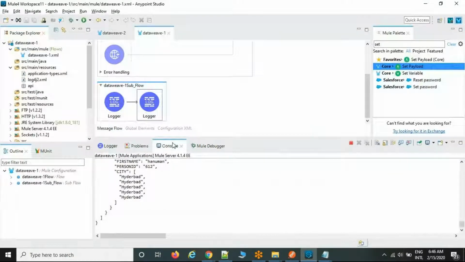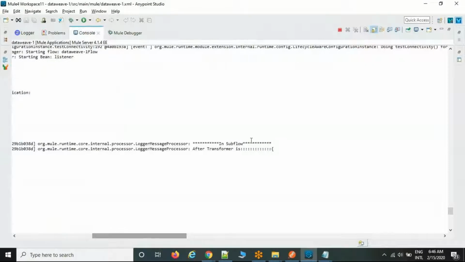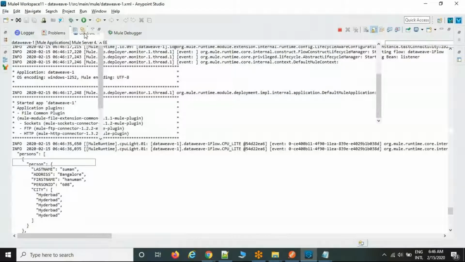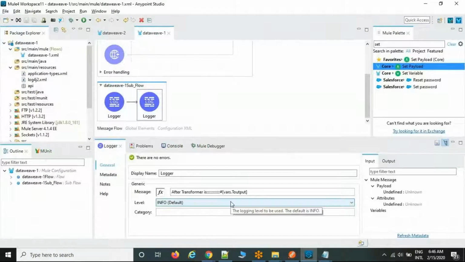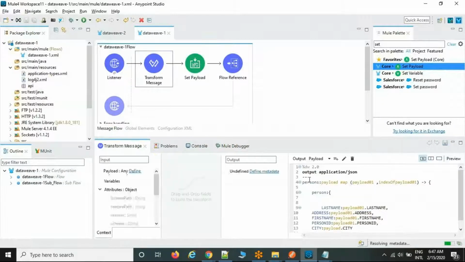See, now this is the data that got generated. See, after transform is the output of the entire Transform Message. This is how we reuse the data in multiple places. One Transform Message output will be stored under payload, and we can reuse it in multiple places after creating a variable on it. This is the variable which we use frequently in projects, very frequently.